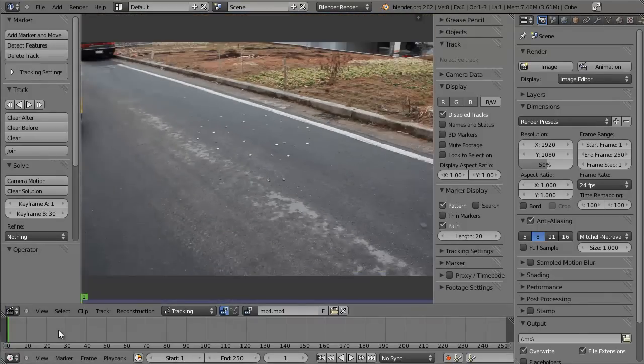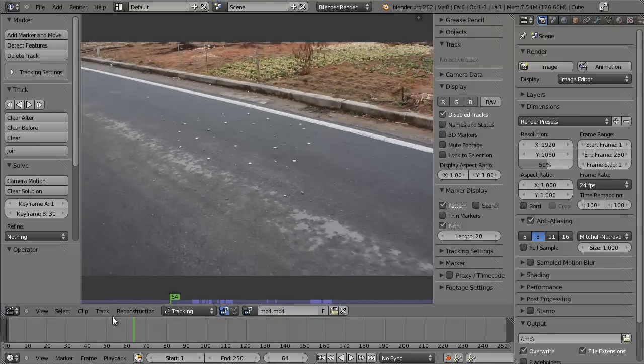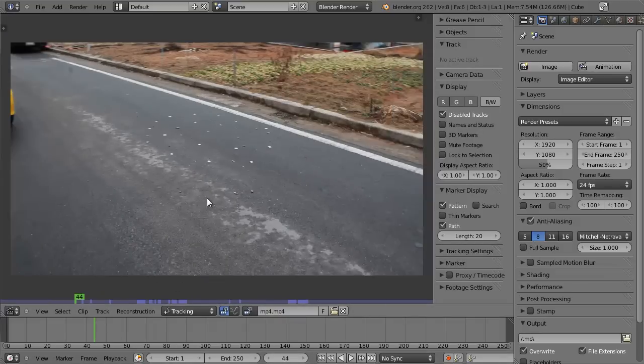And it is a short segment of the full video that you just watched. Okay, so it's like this. Okay, so the first thing you'll probably notice when you're looking at this video is in this movie clip editor